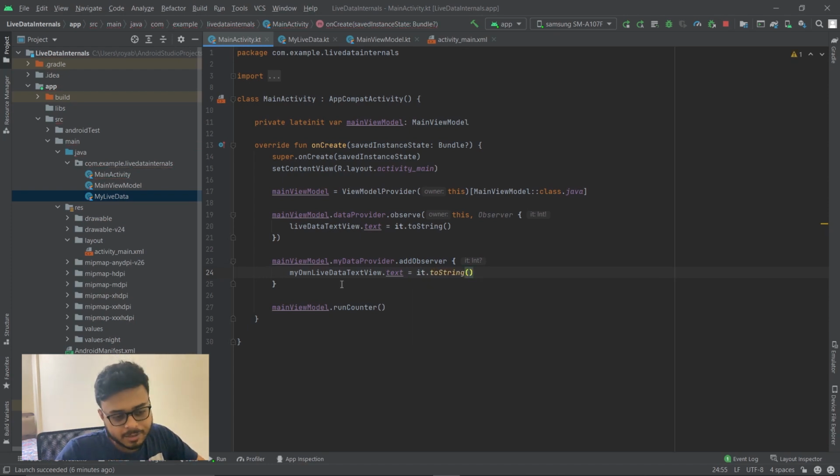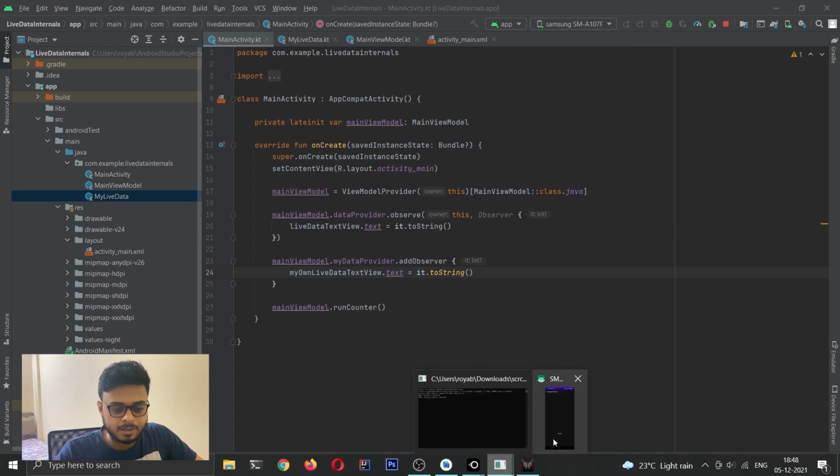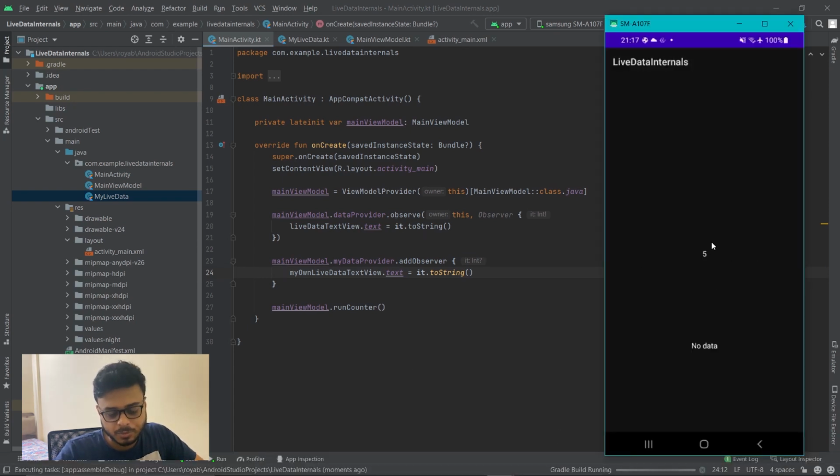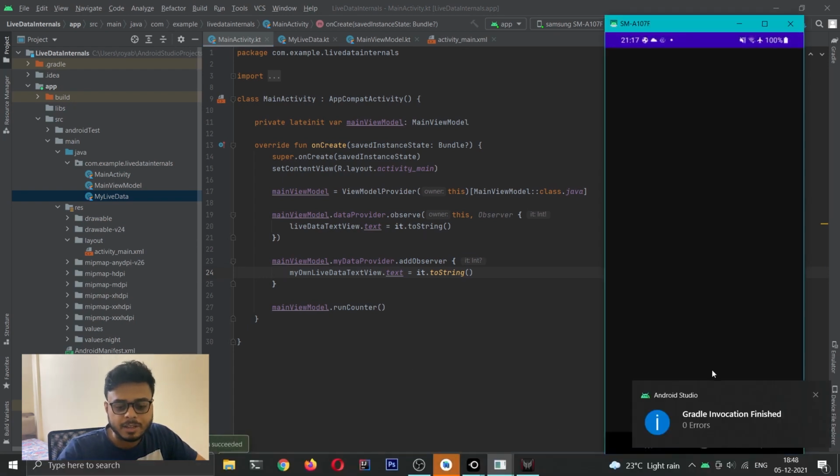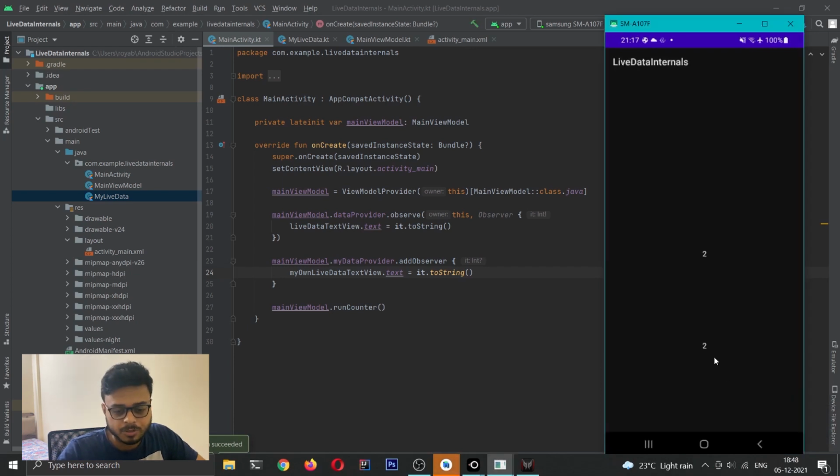So now it's going to behave the same as the live data. We'll try to run this, and this should also update as and when the live data updates. So the first text view should update and the second text view should also update. You can see this is also updating, this is also updating right now. But the thing we have missed over here is that this is not